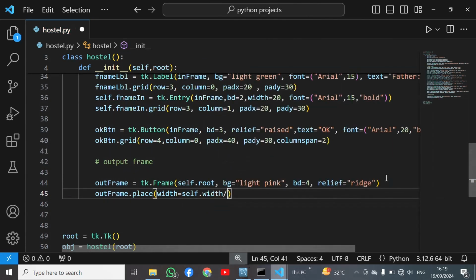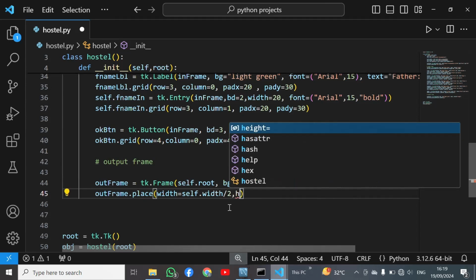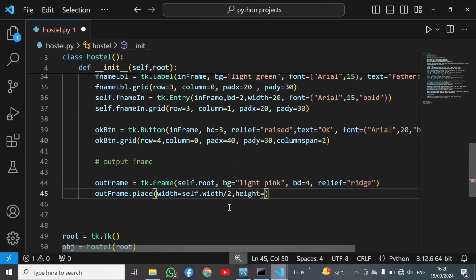Now this is the total width of our screen, but I have to get half width of our screen. Next I have to set height. So here I will use height. First, I will get the total height of my screen that exists in the self.height variable. Then I will minimize some pixels,